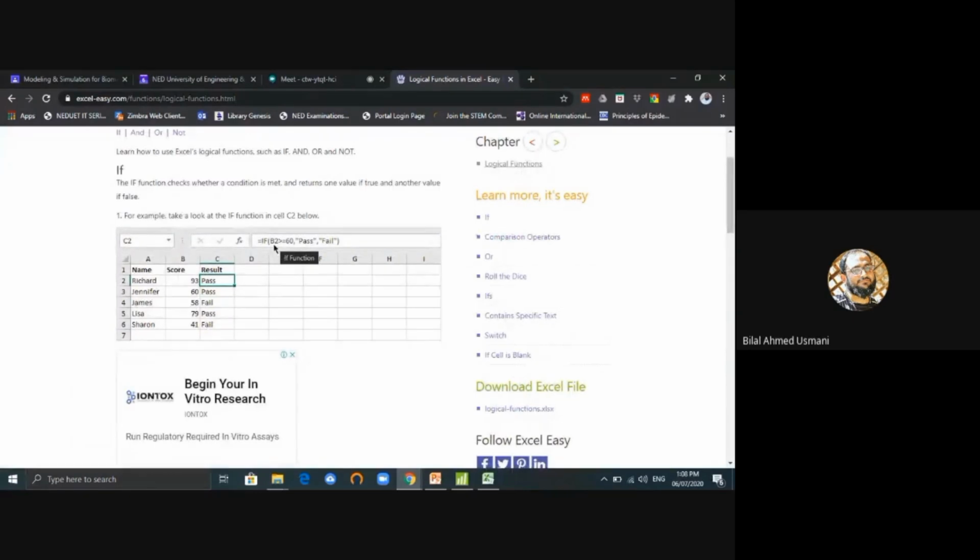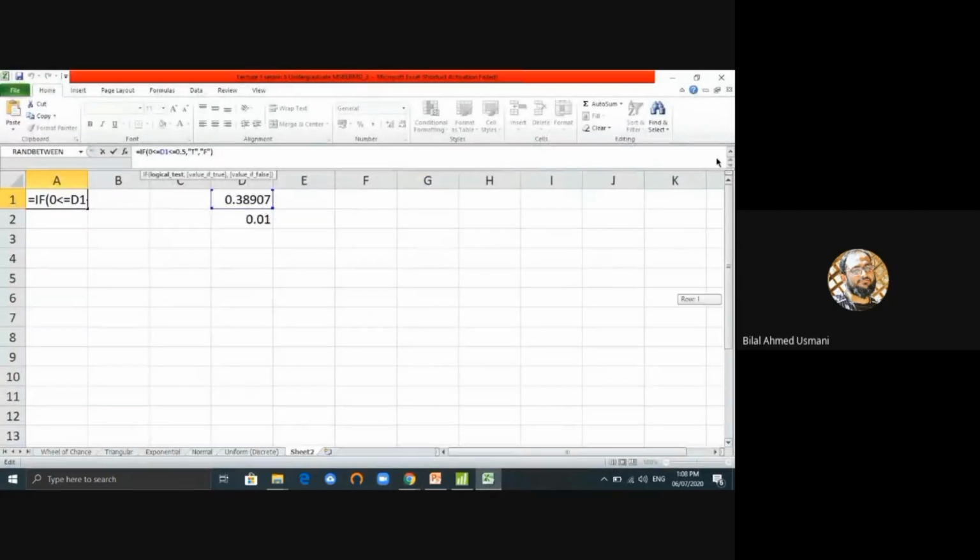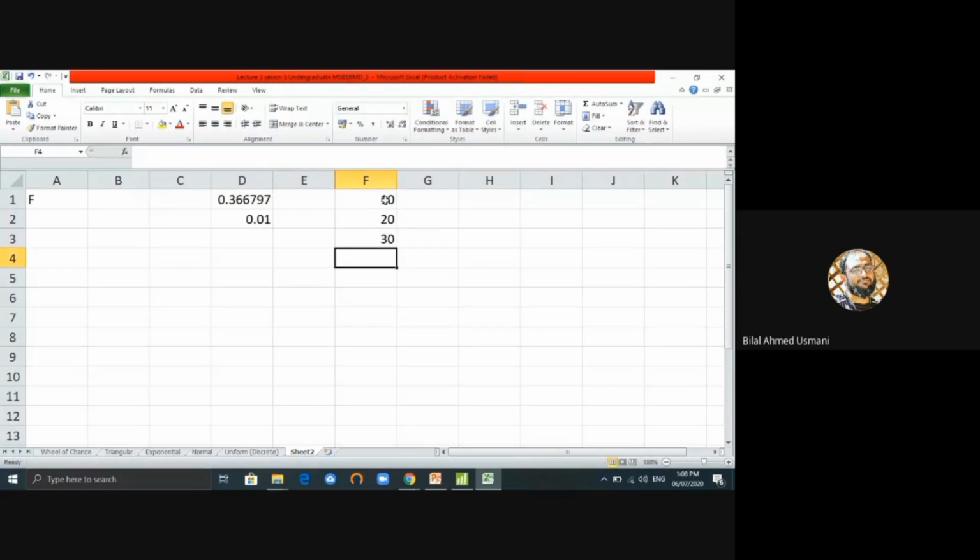If B2 is greater than or equal to 60, then pass, otherwise fail. So they use that, and they use it in double quotes. So I could write some numbers: 10, 20, 30, 40,